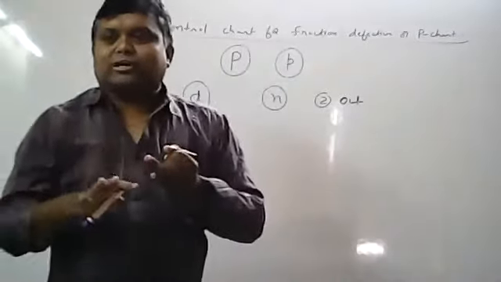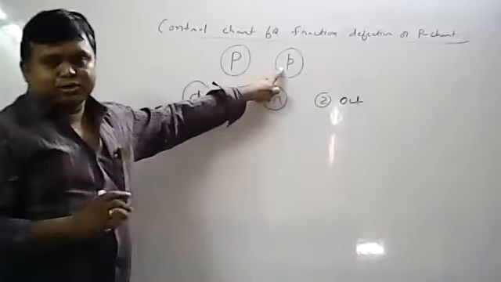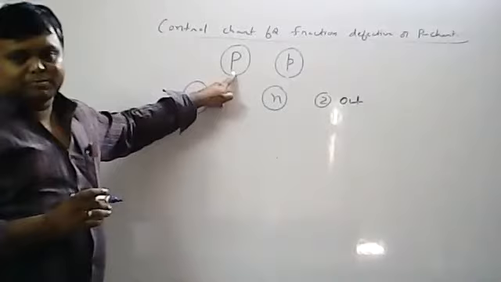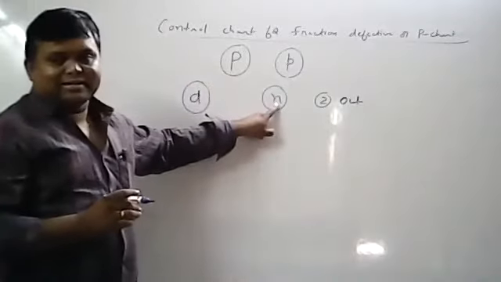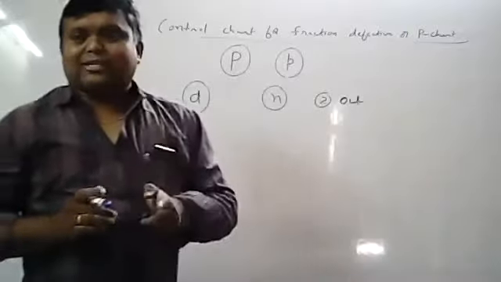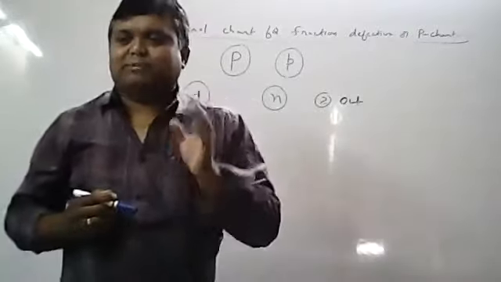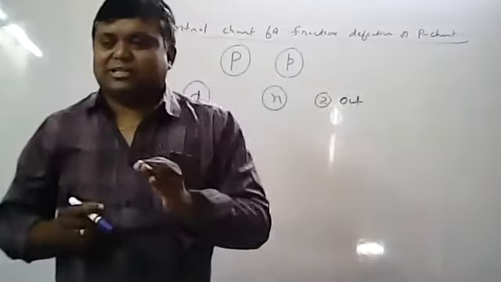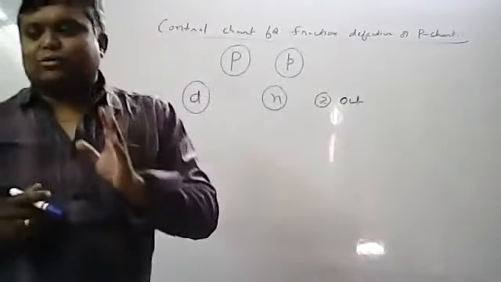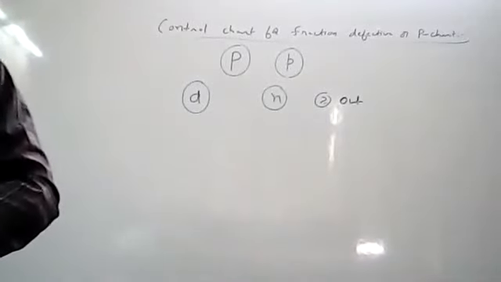So these are the things you have to learn before going to this control chart. Small p is called sample proportion, capital P is called population proportion. If n finite trials are there and only 2 outcomes, then it follows binomial distribution, with mean np and variance npq. So now we will move to the P chart.